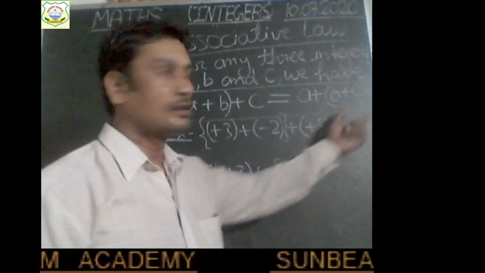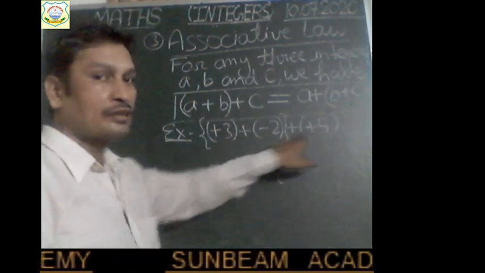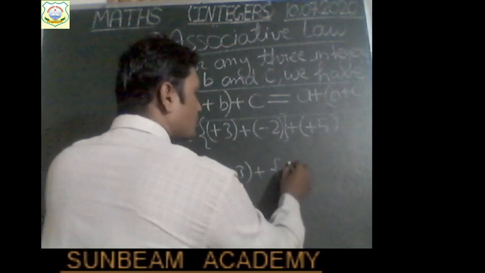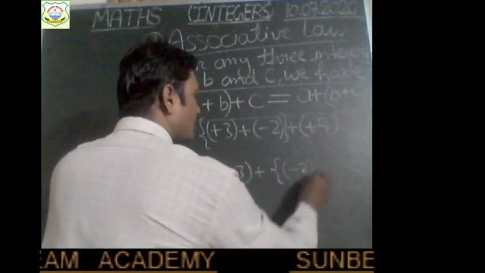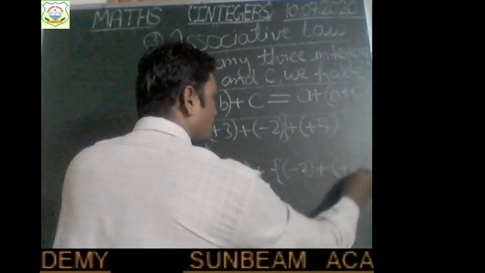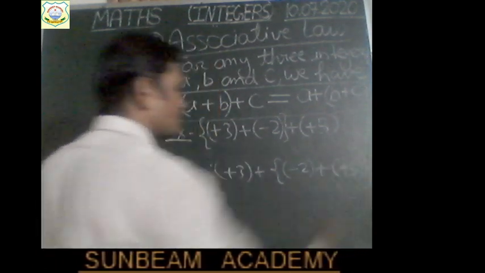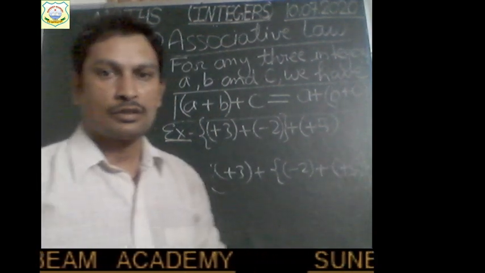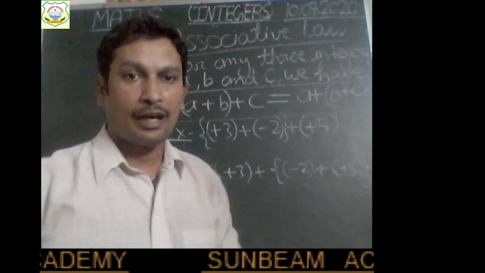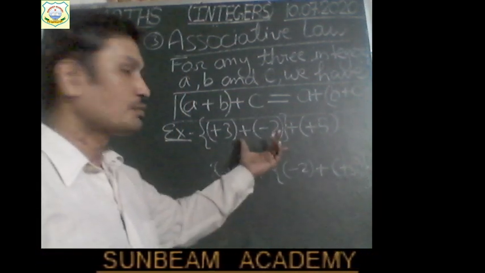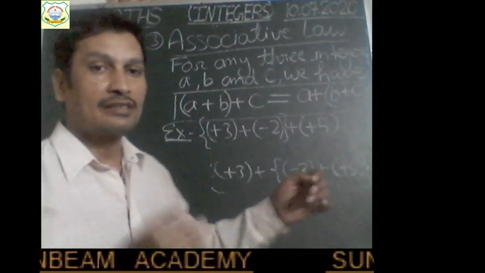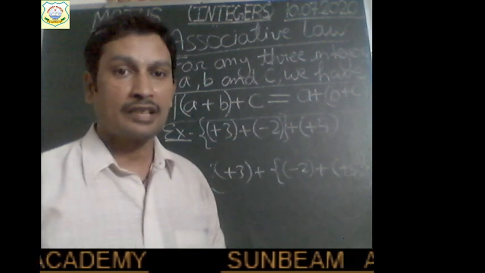And in the second method, firstly, you will add B plus C, second and third integer. As you can see here, second integer is minus 2 and third one is plus 5. So write these two inside one bracket together, plus 5. Okay? So this is the way how we can add. Either we can choose the first way or we can choose the second way. Now add and see whether the results are the same or not.